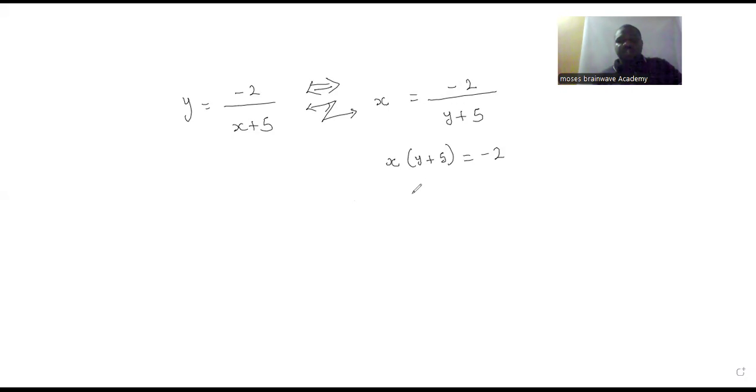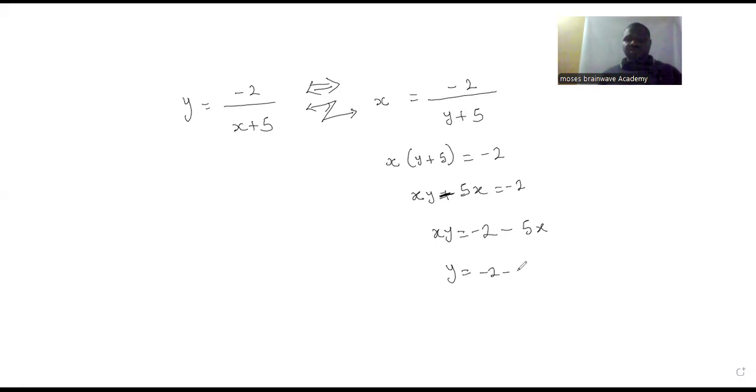And here I can have xy plus 5x is equal to minus 2, which I can take minus 5x to the other side. I'm going to have y is equal to